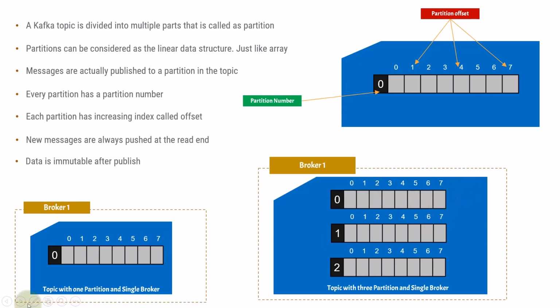So this was the example with a broker having only one partition inside a topic. You have to understand that the blue color is the topic, a single topic present on a single broker, that is only one Kafka server, and the number of partitions is 1. So we got only one array-like structure. Here the broker is only 1, which means only one Kafka server is running, but we have 3 partitions inside a single topic. So we got 3 array-like structures inside a single broker.